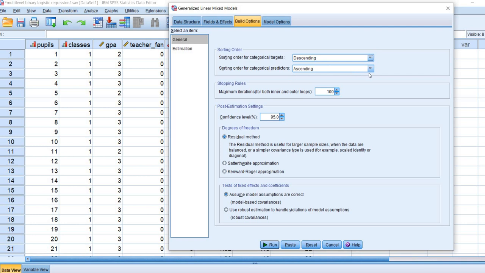If we had categorical predictors, we might want to do the same thing in terms of our treatment of the reference or baseline category in the target groups or comparison groups. So I'll just go ahead and select that, even though we're not really going to be using it in this demonstration. Down below, you'll see that we've got degrees of freedom. You've got several options for working with that, and then also a couple of options with respect to testing fixed effects and coefficients. So I'm just going to leave the defaults on for these and click on